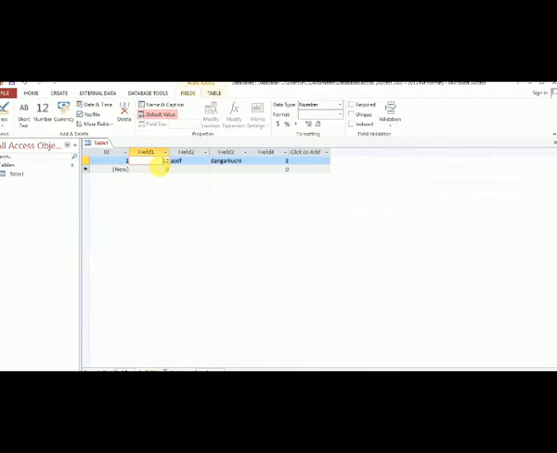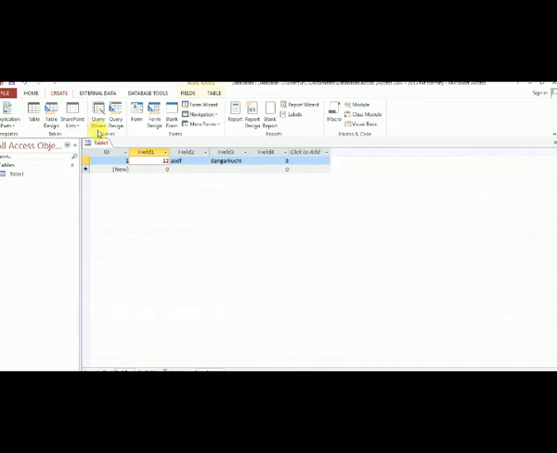You can see forms. Suppose I want to use forms. You can see design, query design here. It has features like report, forms, query, which help to work with the database in an efficient manner.